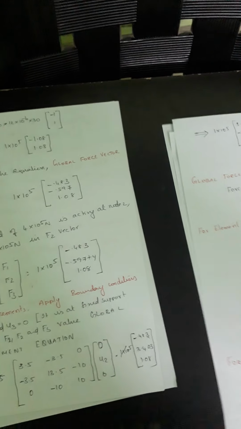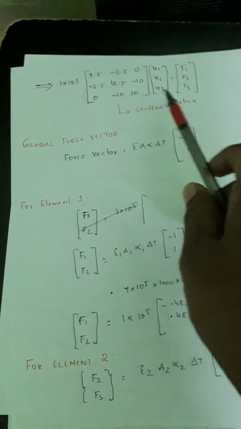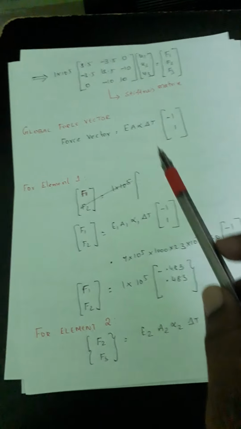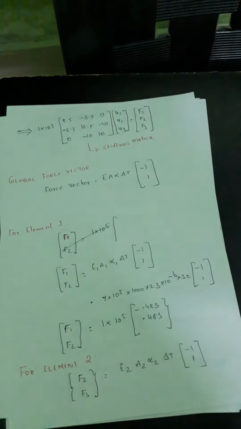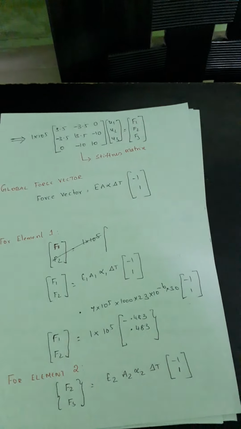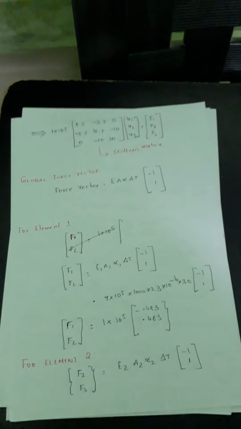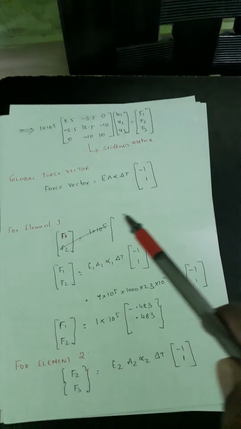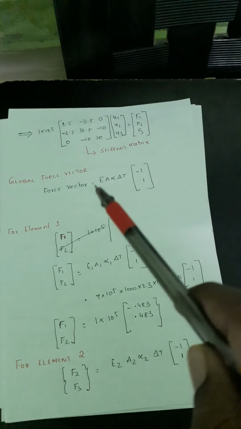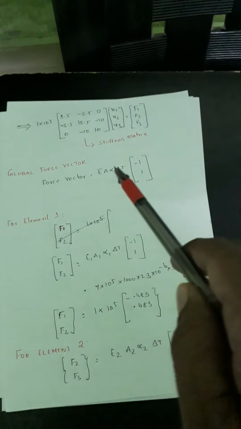The global stiffness matrix we have found. That is the stiffness matrix and the force vector. The force vector we know is rho AL, due to body force, that is gravitational. When there is no temperature effect, the gravitational force comes in if the self weight is not neglected. So this portion will be rho AL. You take this formula out,